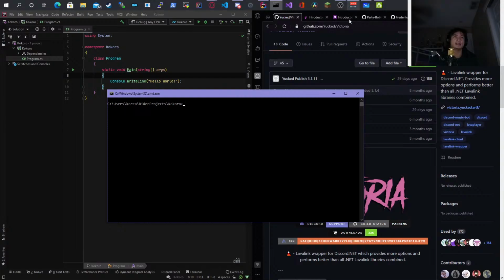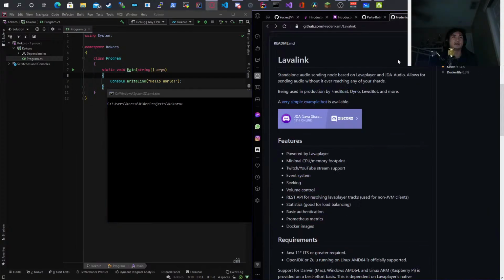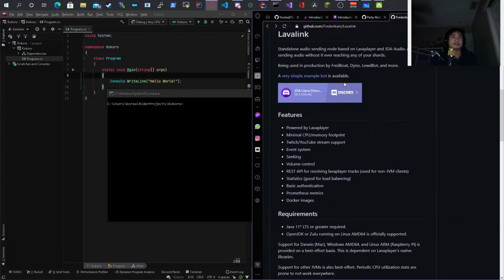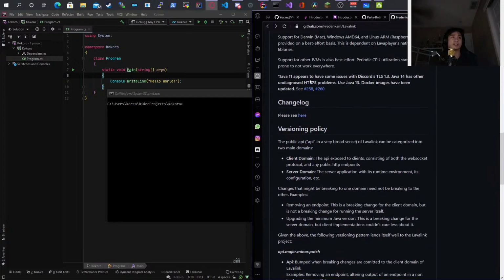Apparently the Lavalink server works best with Java 13, and I think I was using Java 11, which it does claim has some issues with Discord's TLS. So I'm hoping this works better.